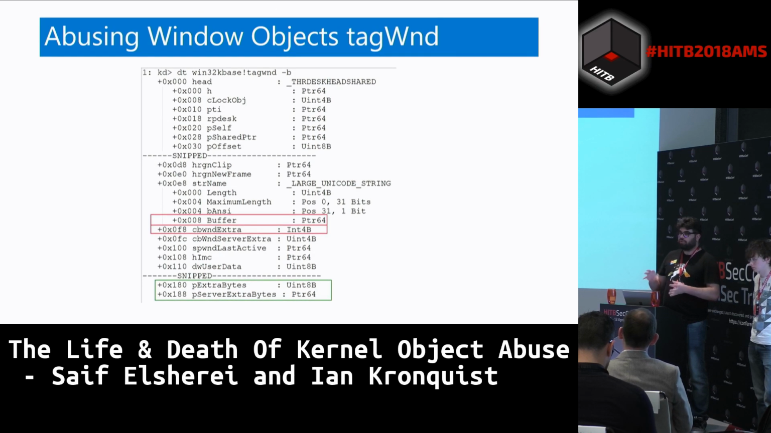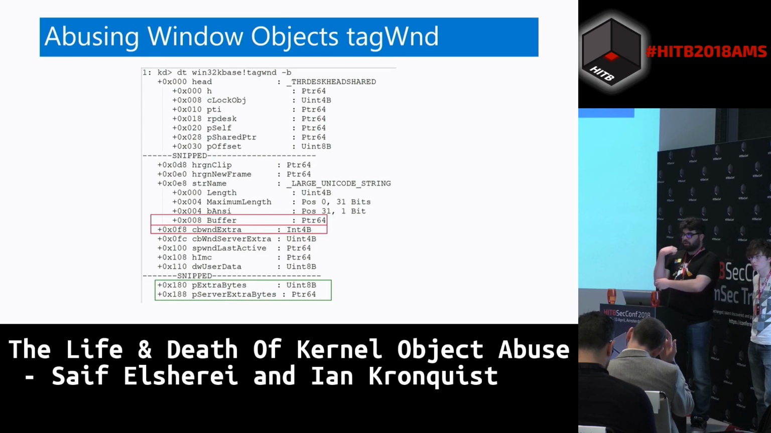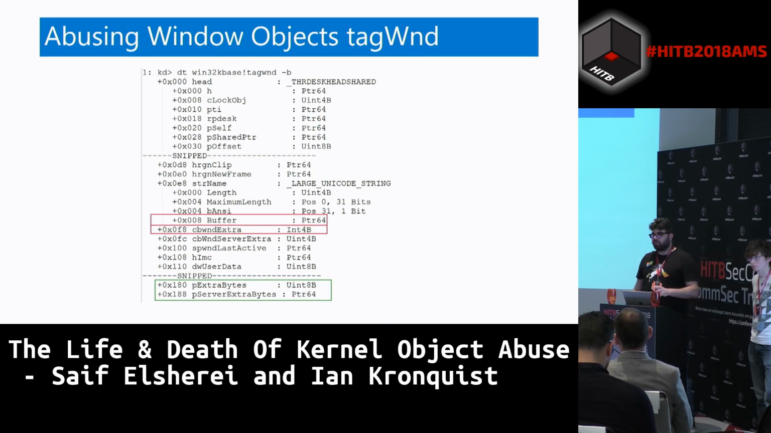So if you're able to override the cbWndExtra or corrupt it in some way, you'll be able to read relative to the window object in memory into adjacent memory. If you're able to corrupt a buffer pointer, then you'll be able to read and write from anywhere in memory. Now, this was the case a long time ago, and this has been mitigated by Microsoft recently. There are many other ways that you can abuse a tagWND object, but I just want to discuss the basics of how we can